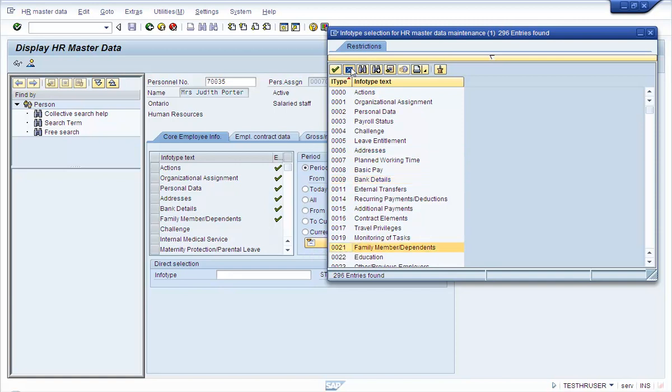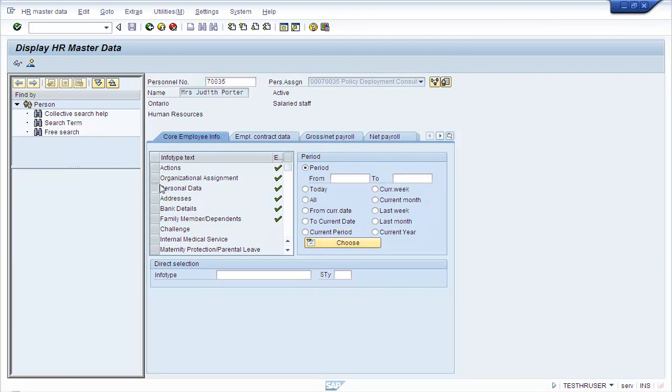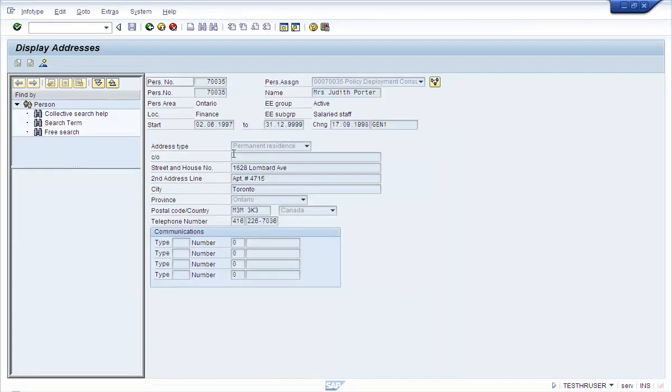So the user has access to all those info types. So when you select an info type, let's say address, and say display, you can see the address information of this particular user with this partner.